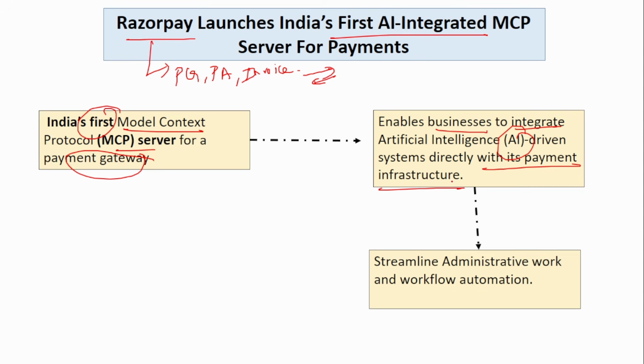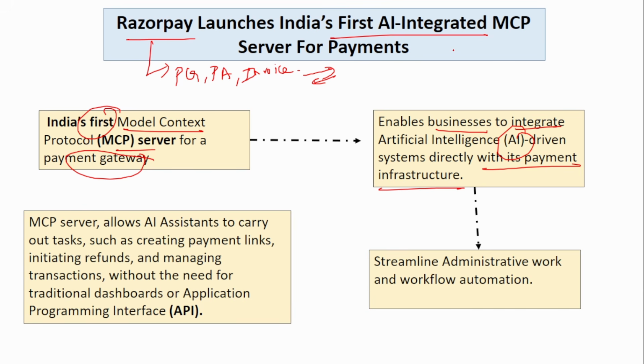So when you visit a website, say that you have visited some dress website .co.in, there are a lot of AI chatbots nowadays, right? They will tell what type of cloth you want, what you are interested in. So there are a lot of AI chatbots that will assist you in shopping and for various other purposes depending upon the website. So here, this MCP server allows the AI assistants to carry out tasks such as